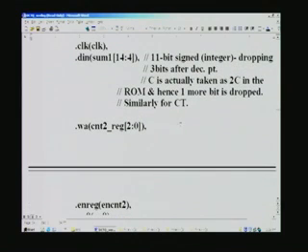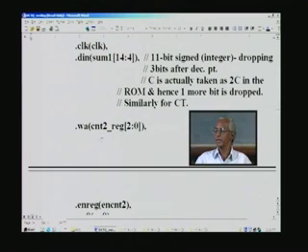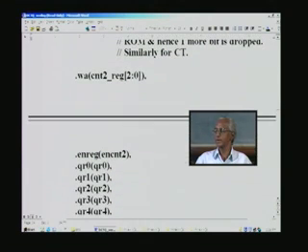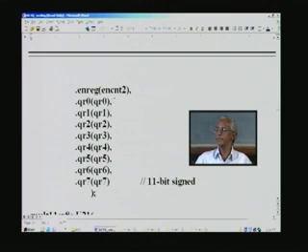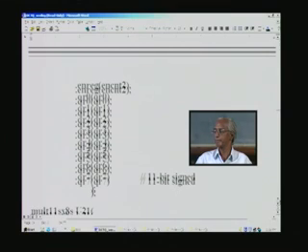The same is true for CT as well. Here we have 8 registers which will register all the partial products generated in the first stage of multiplication, and you need to write into the appropriate registers. For that you need a 3-bit address, because there are 8 registers. This set of registers is called QR0 through QR7, and this writing will be enabled only if the enable counter is 1, and each of these partial products will be 11 bits signed, as explained before.